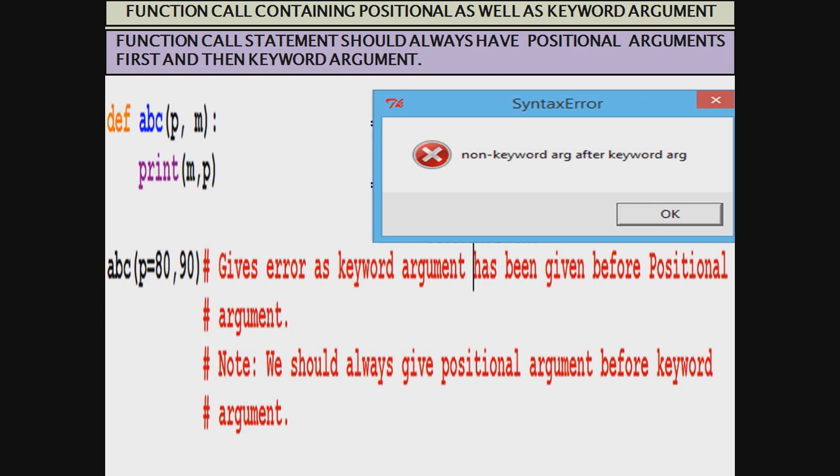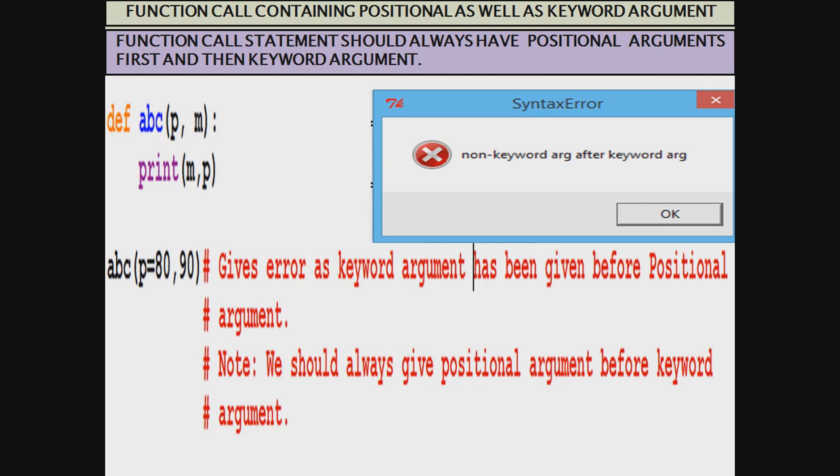Python does not allow it. The Python interpreter has given a strict instruction to us that we should always use the positional argument system first and then the keyword argument system. So here we should keep in mind that ABC(P=80, 90) will give us an error.